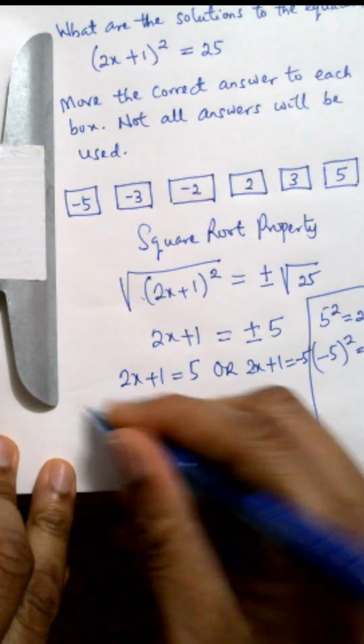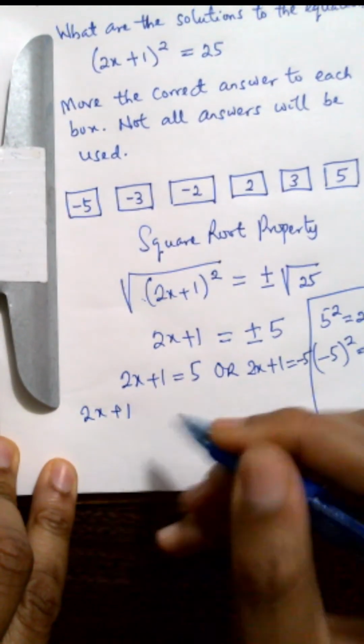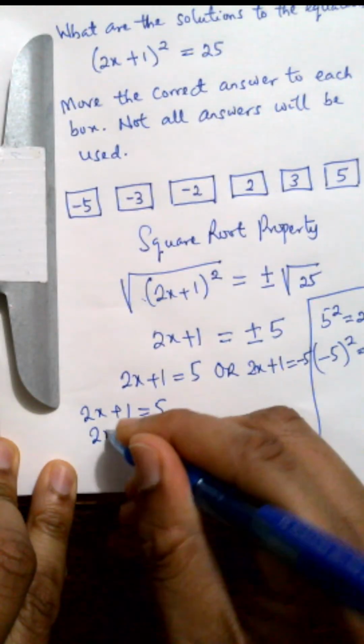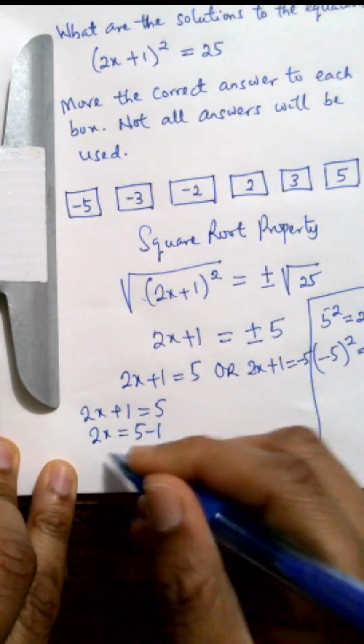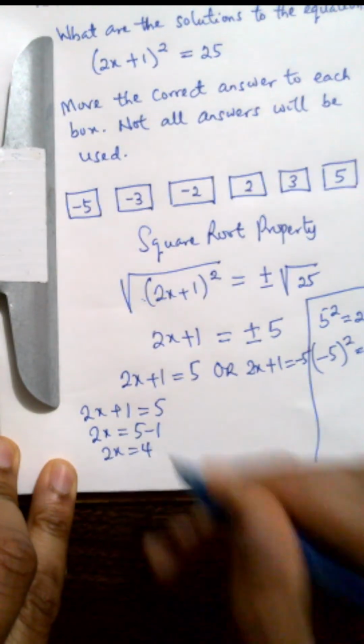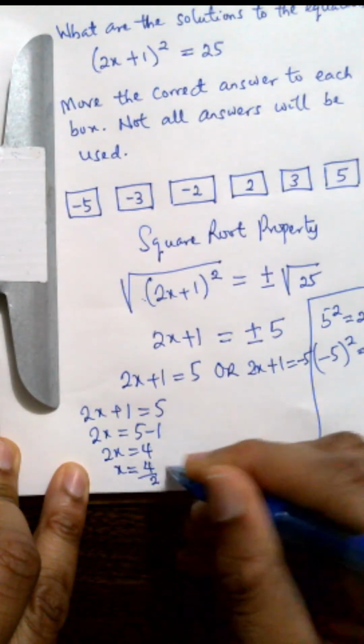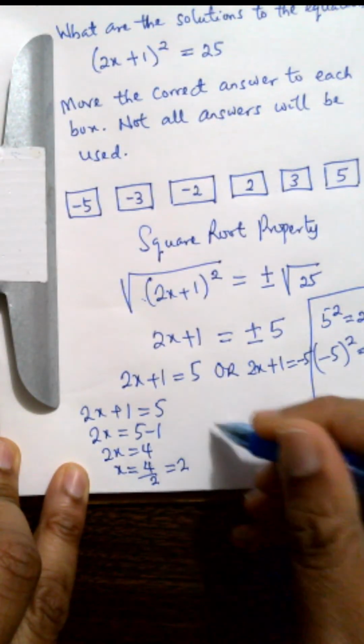Okay, so let's start with this one. 2x plus 1 giving us 5. So this means that 2x will be 5 minus 1. 2x is 4. And then our x will be 4 over 2, which is 2. Or